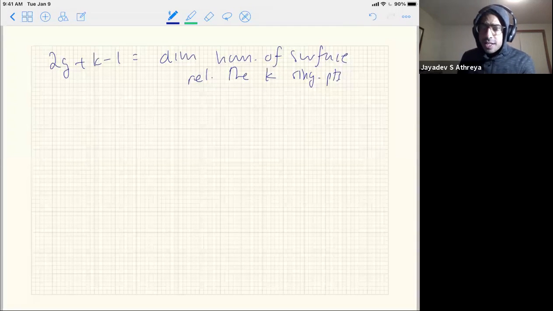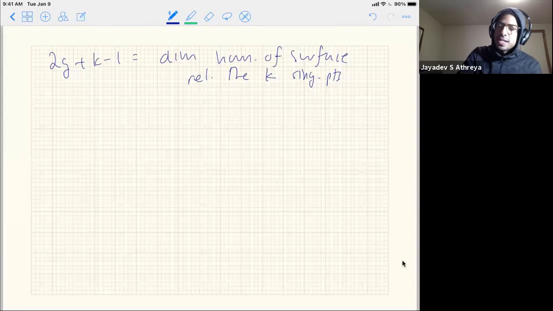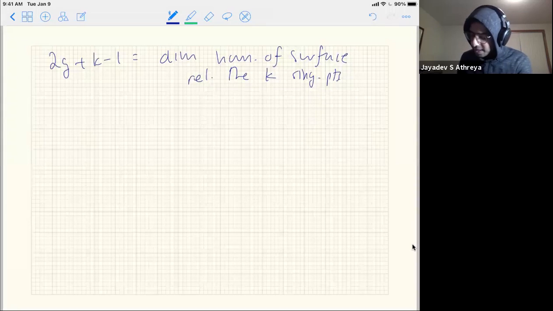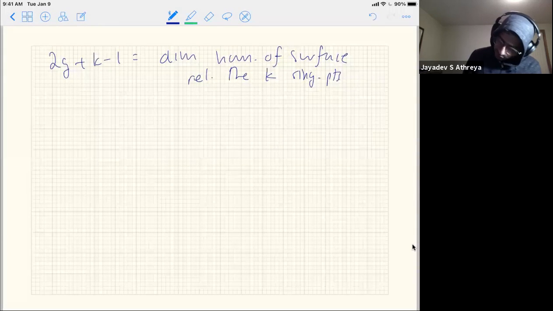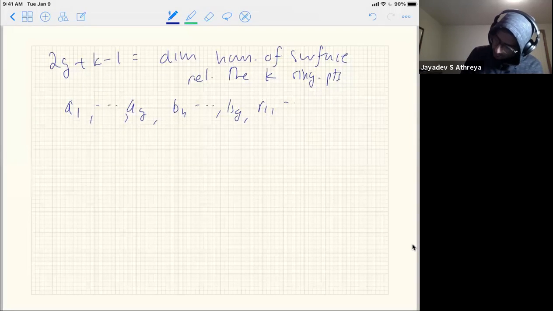And so what I'm doing is I'm essentially cutting up the surface into disks, but they're more than disks. They're disks with these k points on the boundary, so they're kind of polygons. And if I were to take a basis for homology, that would cut the surface up into these polygons, and then my local coordinates are actually just integrating omega along a basis for homology. So maybe I have some basis for homology. I'll say A1 through Ag, B1 through Bg, R1 up to R_{k-1}, so fix a basis, and then